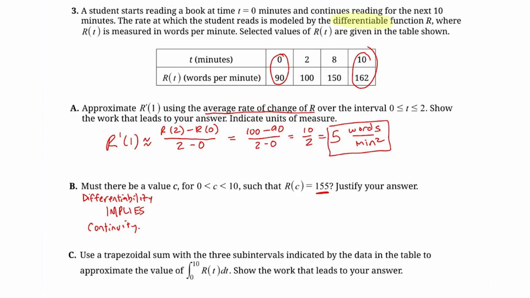So how do we write this out in a succinct way? I'll do my best here, but this is what I'm going to say. I'm going to say R is differentiable. That was given. Differentiable. Therefore, R is continuous. Okay. Some other things we want to note here is that R of 0 is 90. Okay, R of 10 is 162. Okay, since R is continuous,